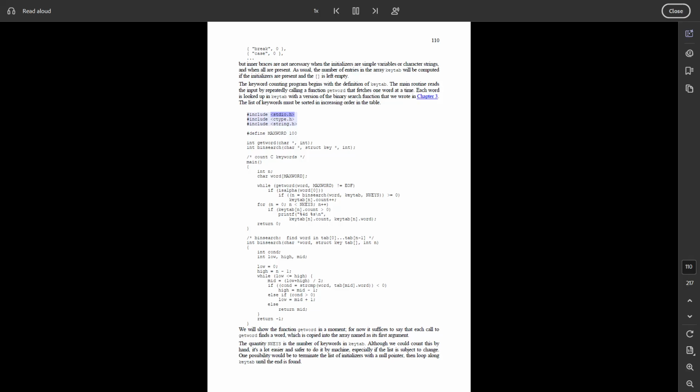#include <stdio.h> #include <ctype.h> #include <string.h> #define MAXWORD 100 int getword(char *, int); int binsearch(char *, struct key *, int); /* count C keywords */ main() { int n; char word[MAXWORD]; while (getword(word, MAXWORD) != EOF) if (isalpha(word[0])) if ((n = binsearch(word, keytab, NKEYS)) >= 0) keytab[n].count++; for (n = 0; n < NKEYS; n++) if (keytab[n].count > 0) printf("%4d %s\n", keytab[n].count, keytab[n].word); return 0; }